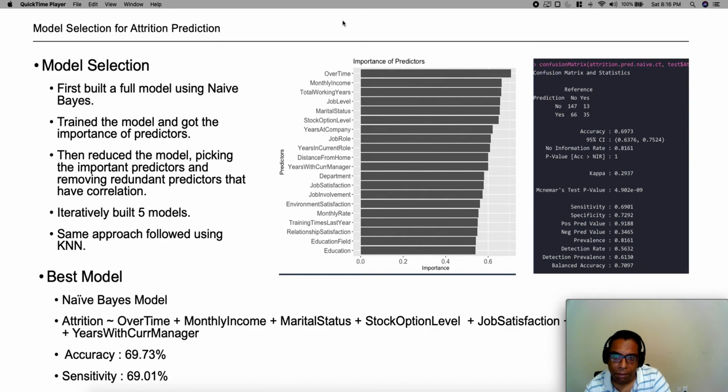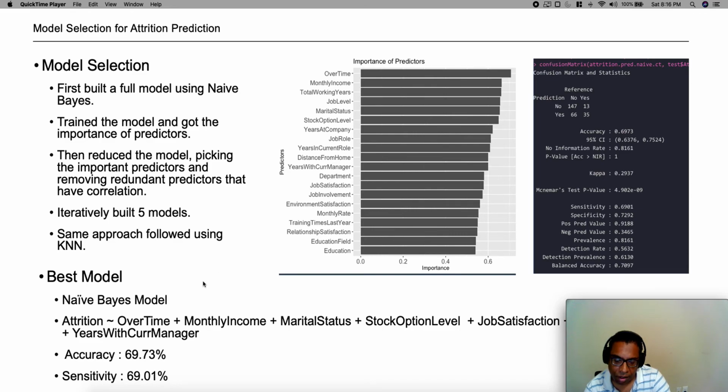So now coming to the main part, model selection. First, let me talk about the model selection approach. What I've done is first I built a full model using the naive Bayes algorithm and then trained the model to get the importance of predictors. Then I built a reduced model picking the important predictors from the full model and removing the redundant predictors that have correlation. And then slowly, iteratively, I built 5 models, and I've used the same approach for building the